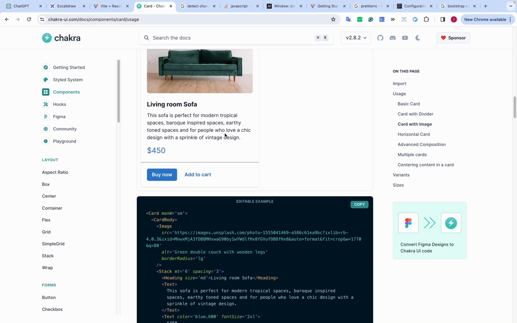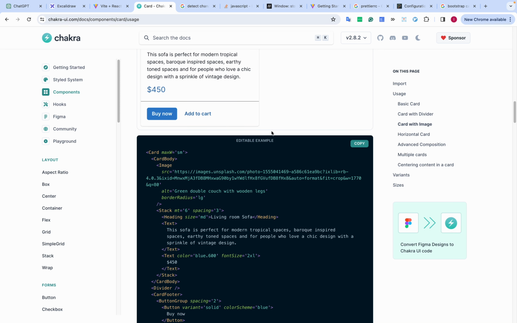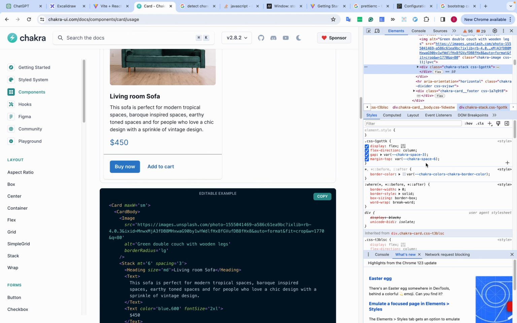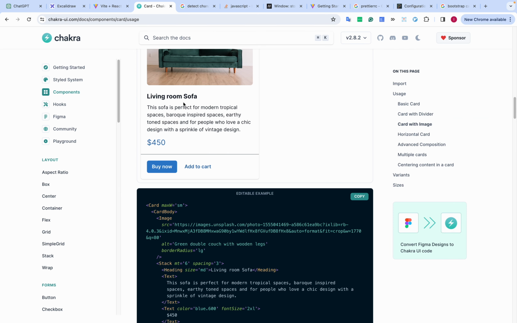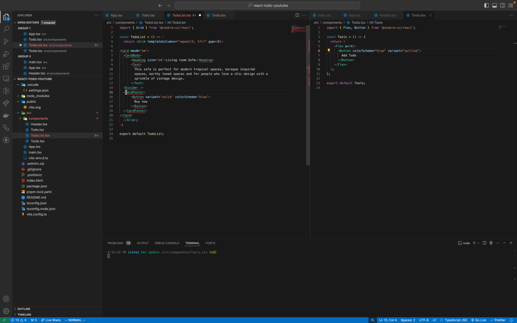Margin top, spacing 3. Yeah, it seems like spacing means the gap between the, oh yeah, okay, between the components. But we don't need this. We just render the title and contents inside the card body. And